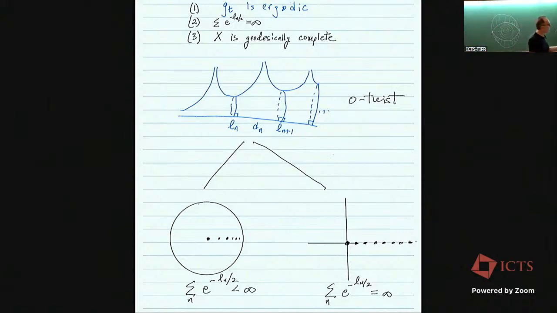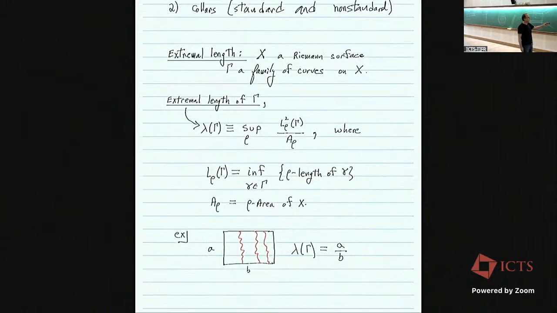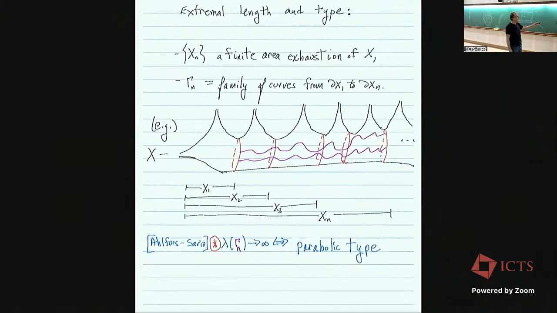Okay, maybe I'm going to stop, but let me just say the techniques involve extremal length, which is a conformal invariant. And in our theorem, we look at extremal length and we look at a family of curves that start at some compact part and go out. And remember that earlier result, the Ahlfors–Rosario result, that your surface is parabolic type if and only if the extremal length of the curve families that go out goes to infinity. And so what we do is we prove that these curve families have extremal length that gets larger and larger as you move out. And we do that by using